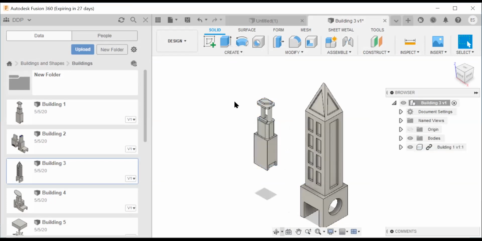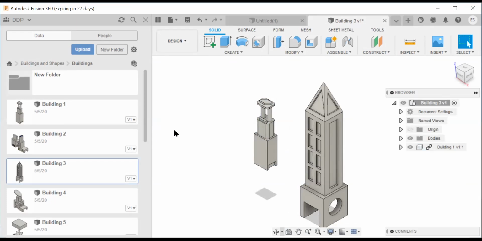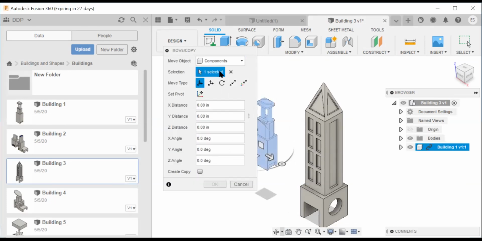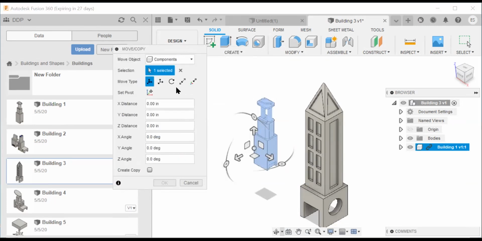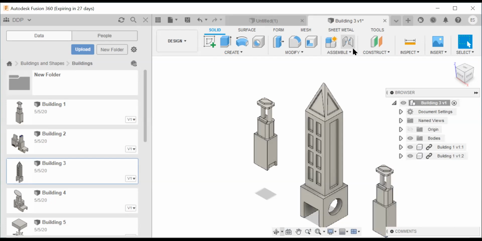I also, in this design, I'm going to make a copy. So change that to components. All right, and you make a copy just by clicking this create copy thing like that, and then dragging it out. All right, cool. So I'm going to combine these three buildings, and to do that, we're going